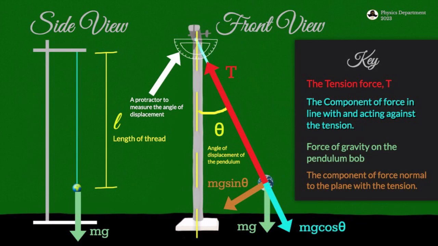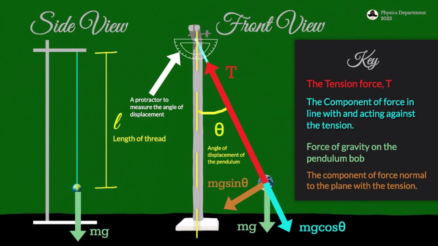Okay, so now we're going to look at the forces involved in this experiment. But before we look at the forces, let's look at that instrument at the top, which is in the form of a semicircle. That's what we call the protractor. We use it to measure the angle of displacement. So that's what you use to determine the angle. We don't guess. Like it's written, a protractor is used to measure the angle of displacement. So just research that protractor and get to know more about it, but it should be a very common